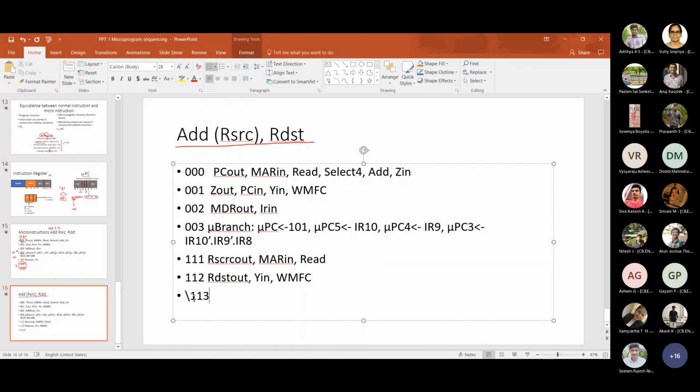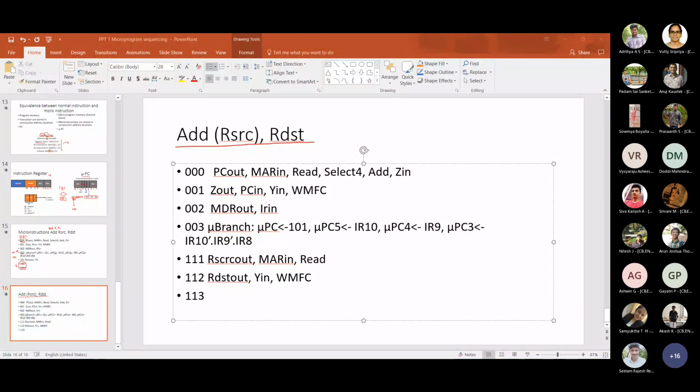Then once the memory function is complete, we will have the first operand in which register? From the memory, the value will be first written in which register? MDR out. MDR register. Very good. So what you have to do, you have to read it from MDR register. So it should be MDR out.